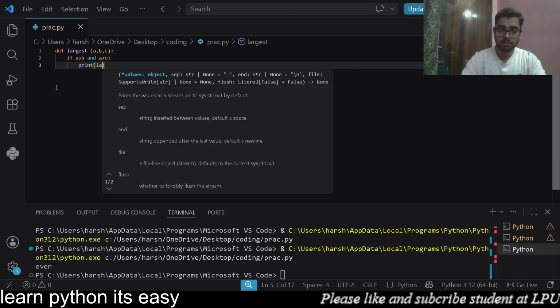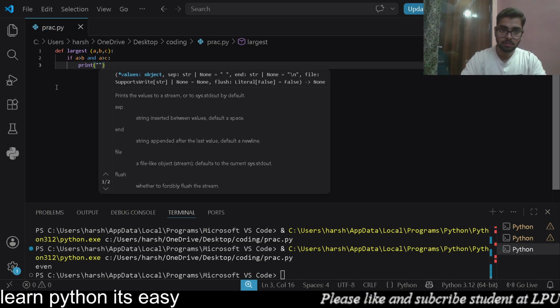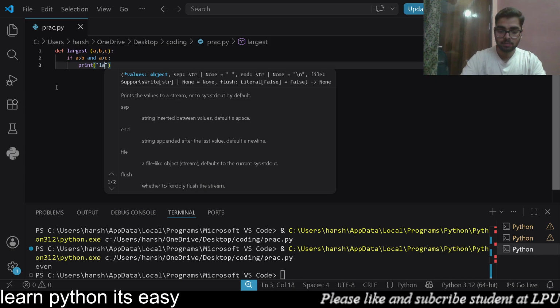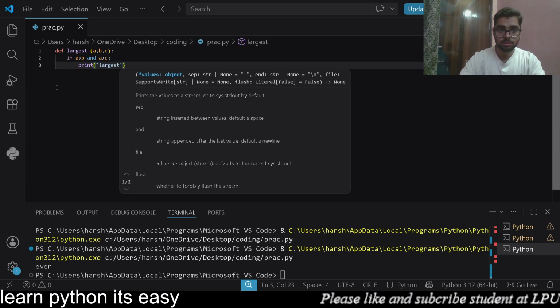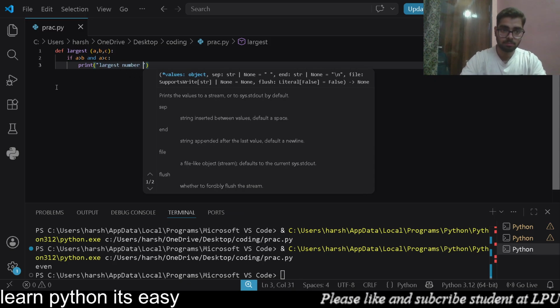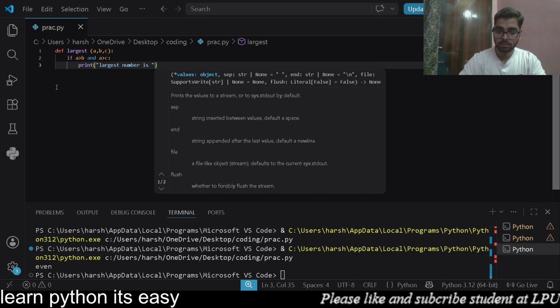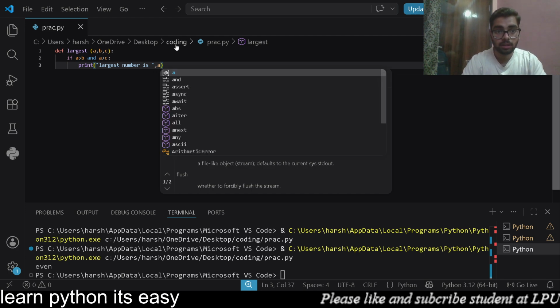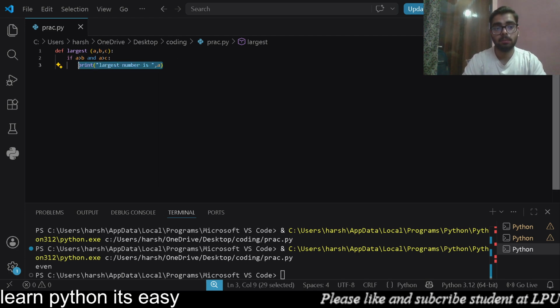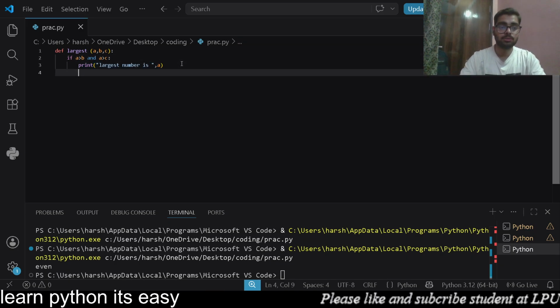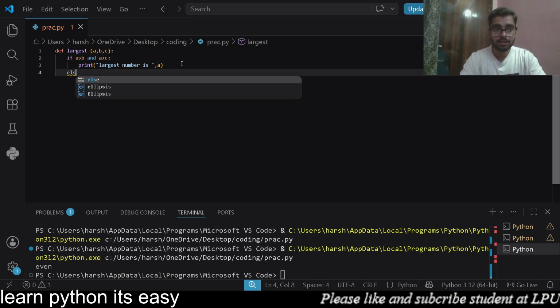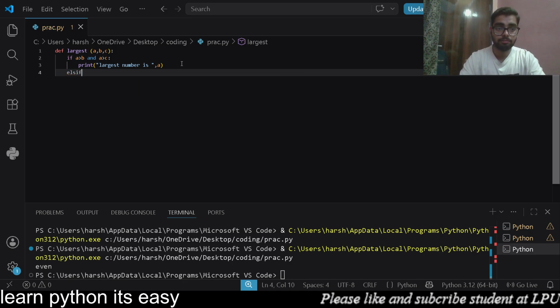Print largest number is comma A. Okay, and now let me just copy this print statement because I'll be having this statement all along with me. Okay, now in the next part, I'll just write elif